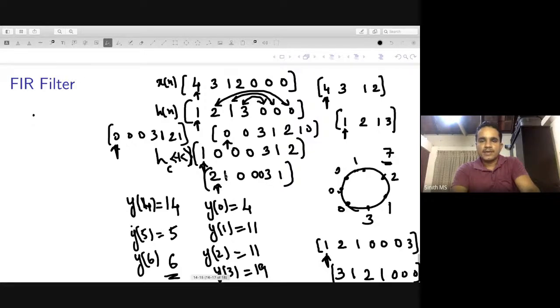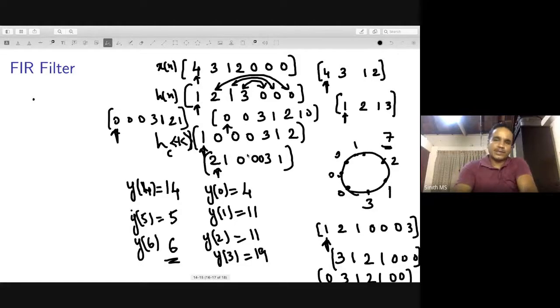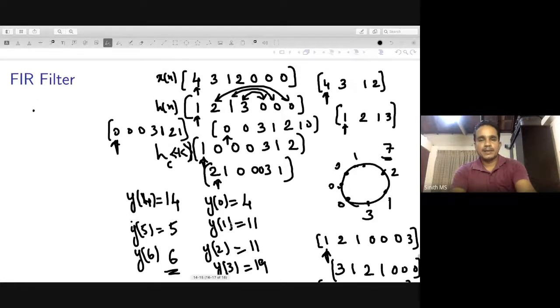So in that case, this 2 and this 1 are multiplied. These are zeros, so all these zeros vanish, and here you have zeros, those also vanish. So basically you are doing the actual time reversal, multiplication and addition. So you are getting linear convolution. This can be proved mathematically also.